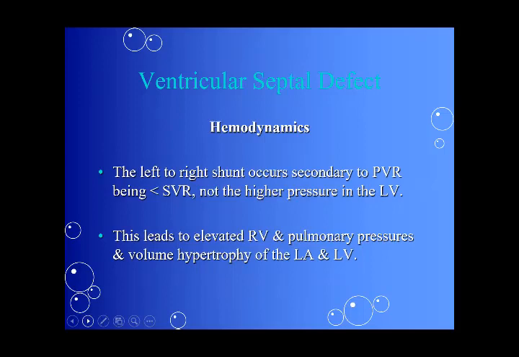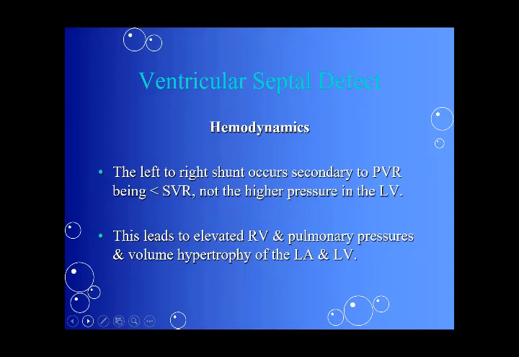Due to this high pressure or high volume that is shunted toward the right side of the heart, this large amount of fluid is then pumped into the right ventricle, and then goes to the pulmonary vasculature. And when the pulmonary vasculature is continuously exposed to this high pressure, it gets sclerosed with the passage of time, and this leads to the development of pulmonary hypertension.